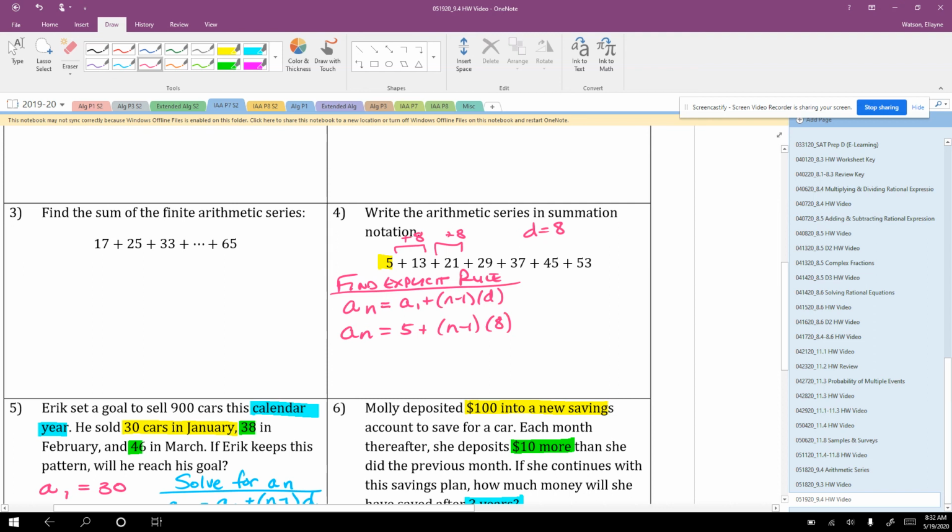When we're finding the explicit rule, we leave n in there, right? We don't substitute in for n. So it looks like this. And then fully simplified would be,